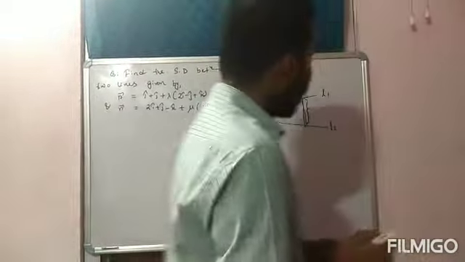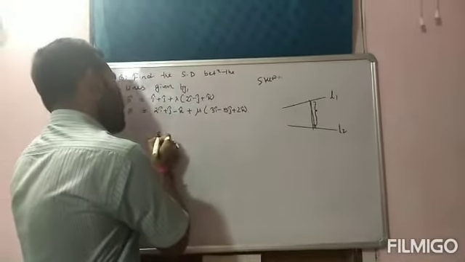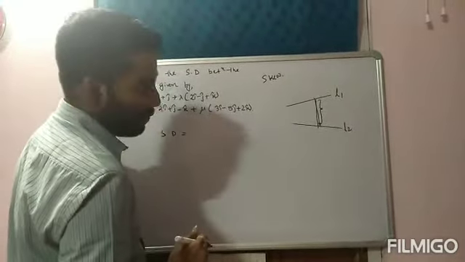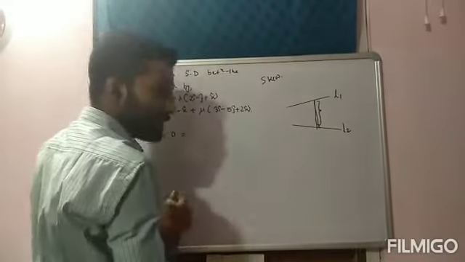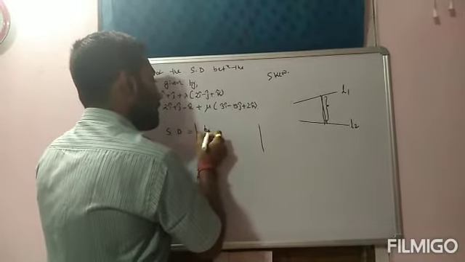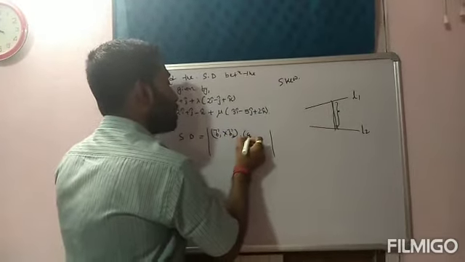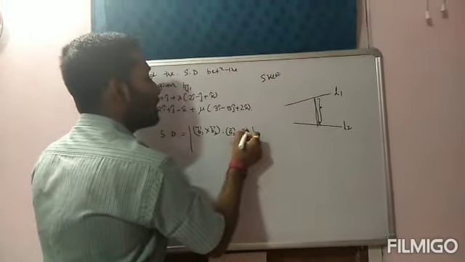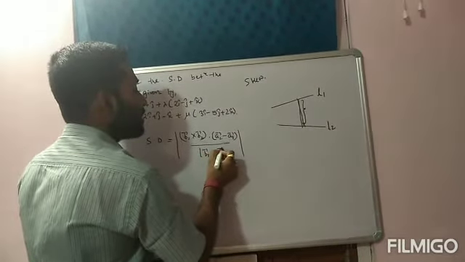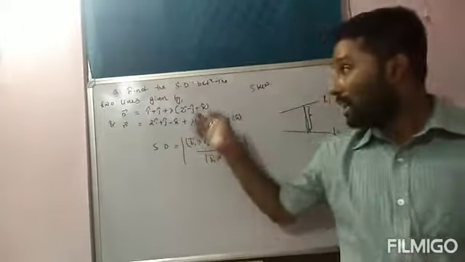ओके, अभी formula क्या है? Formula तो दो formula है, एक vector equation का formula है और एक Cartesian equation का formula है. So since these two equations are in vector form, so which formula we are going to use here now? Modulus of B1 cross B2 dot A2 minus A1 by modulus of B1 cross B2. This is the formula we are going to use now in this question, because these equations are also in vector form only.